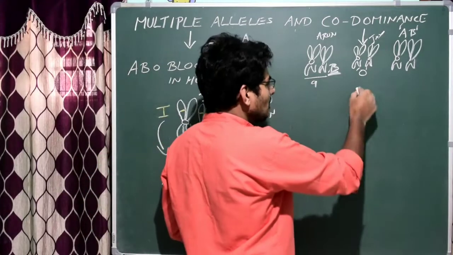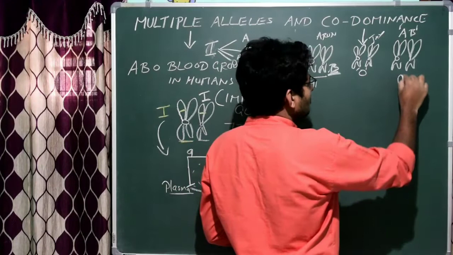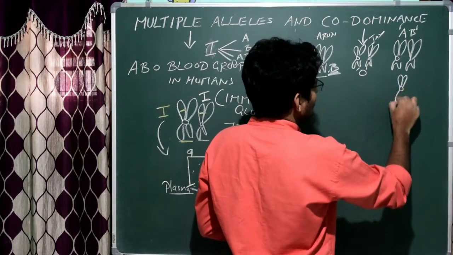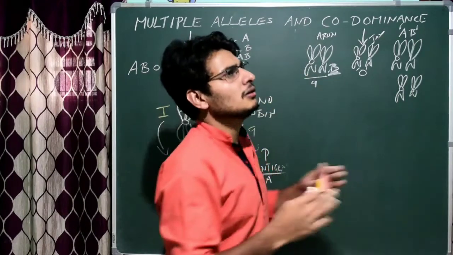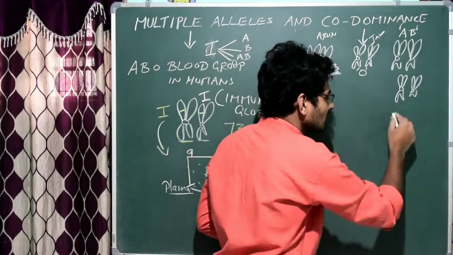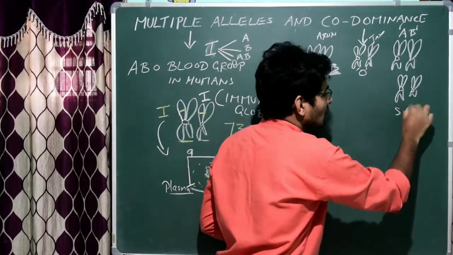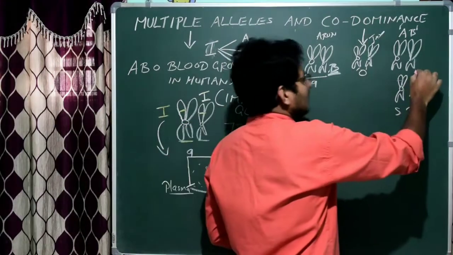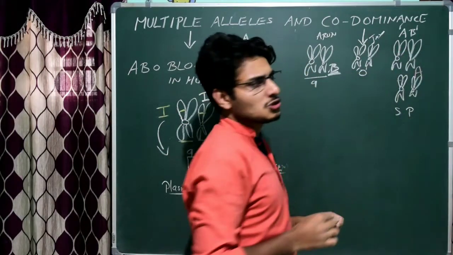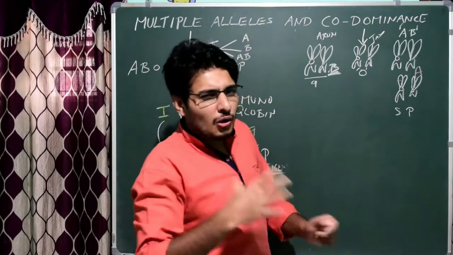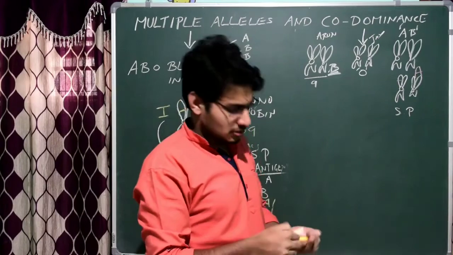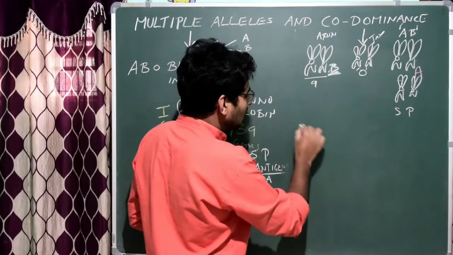That is one example. Or let us consider one more person here. See here, I am going to write the homologous pair. Let us take Samarth Pujari. Samarth Pujari's blood group is A. Let us assume that his blood group is A, but we don't know exactly what the genotypic form is. So here I am going to write that one gene.